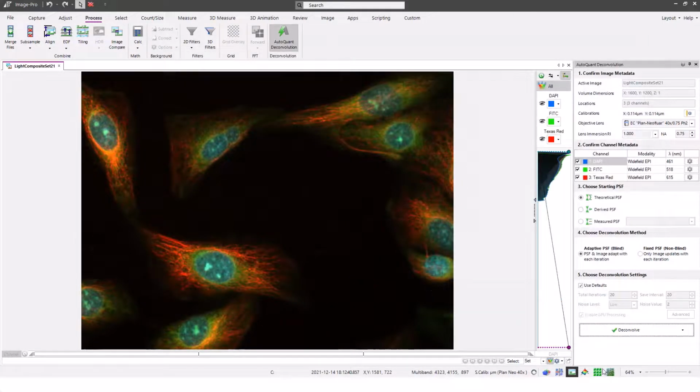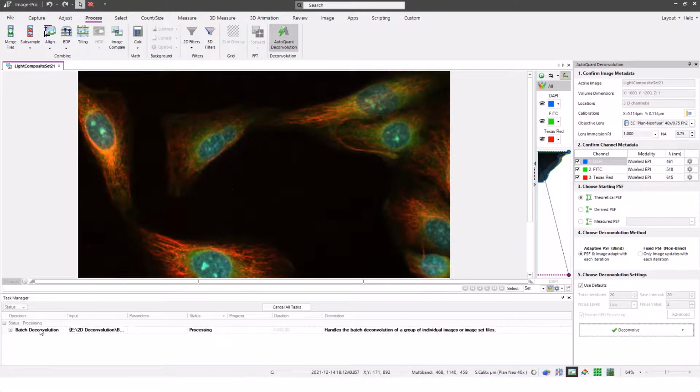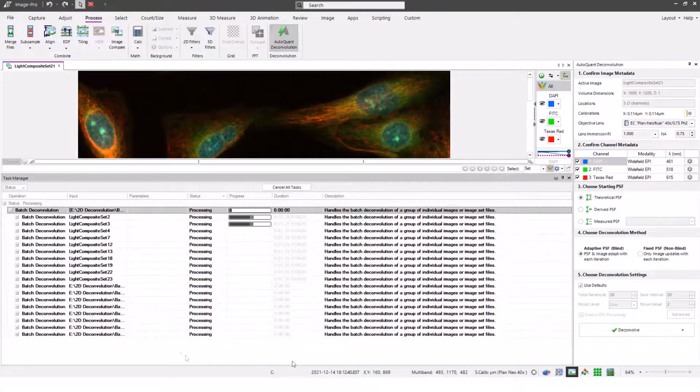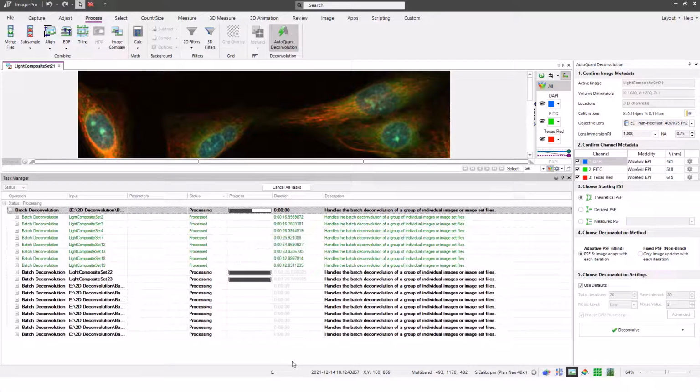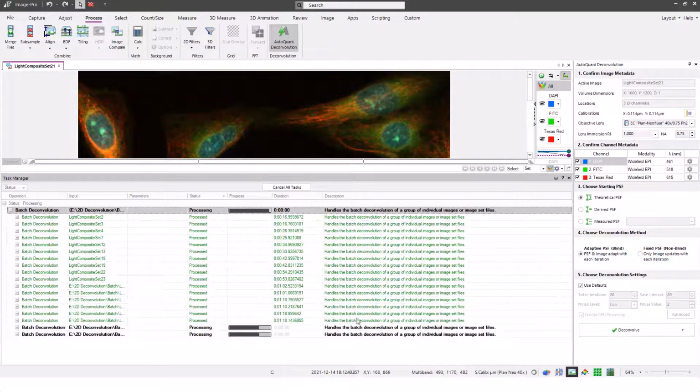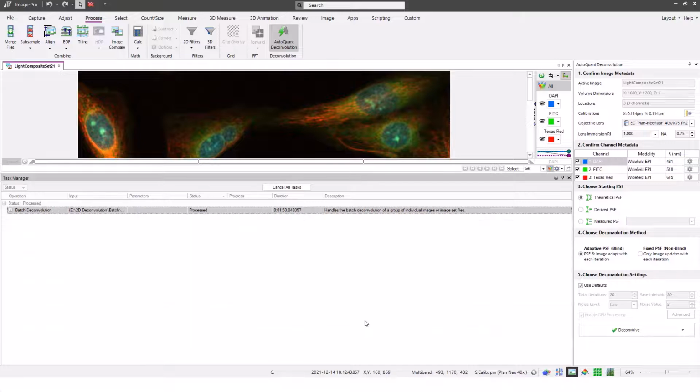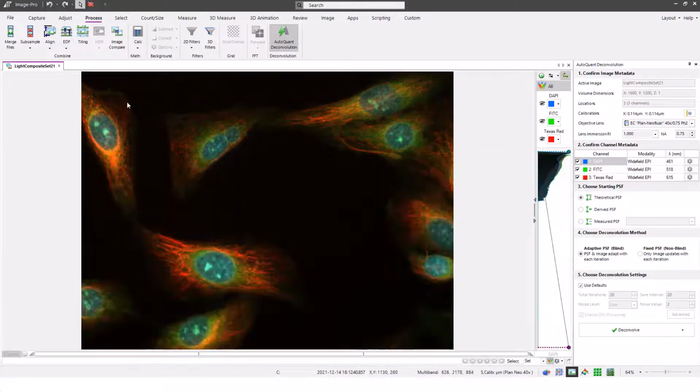So now that I've done this, I'm going to show the task manager so we can see the background processes occurring. And here we can see a progress bar displayed for each of my images. This sequence is slightly speeded up. So when Image Pro is finished the deconvolution of all the images,